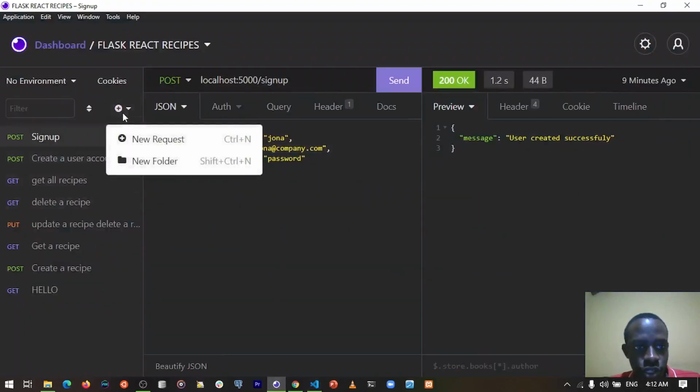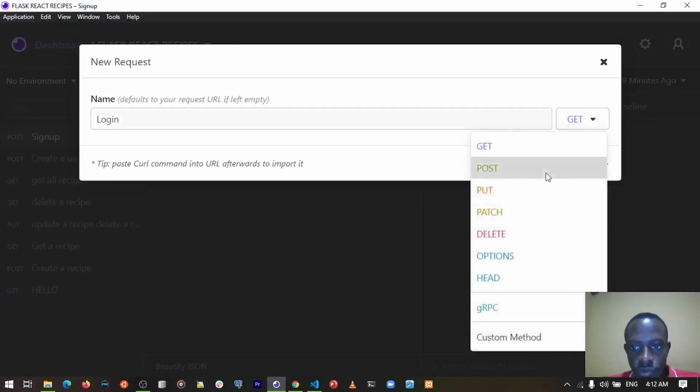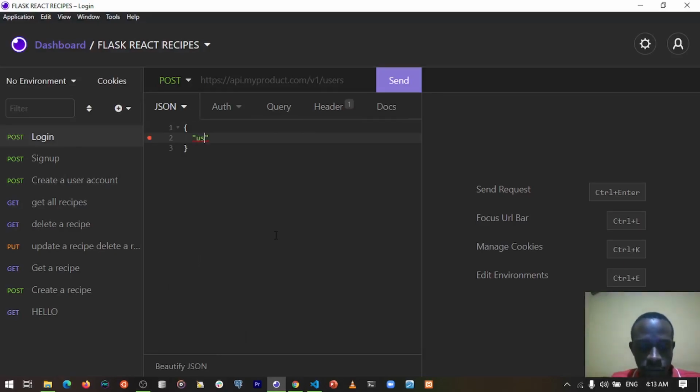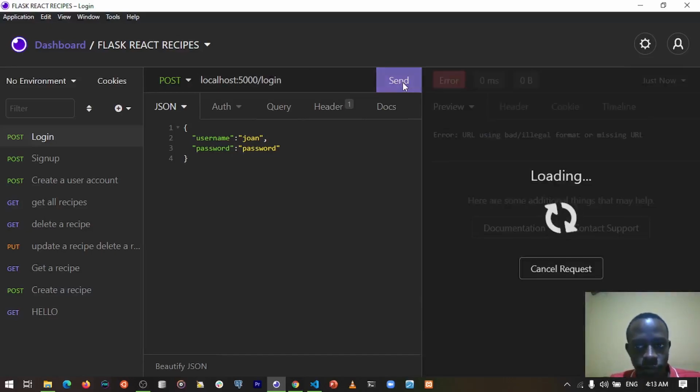So I'll create a new request, which I'm going to call the login request. It's going to be a POST method. So I'm going to create this request and then the body, just come here and provide a username. So the username is going to be John. So let's say the password is going to be password. So I didn't specify the URL. So let's say localhost:5000/login. So when you send this,